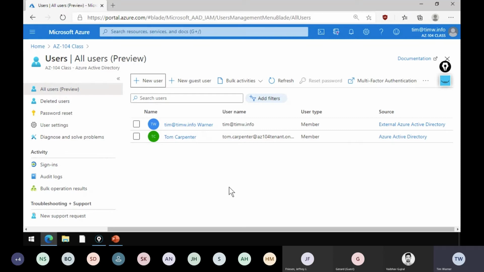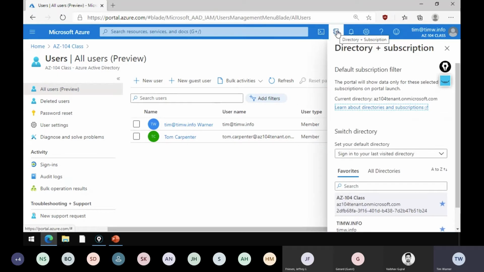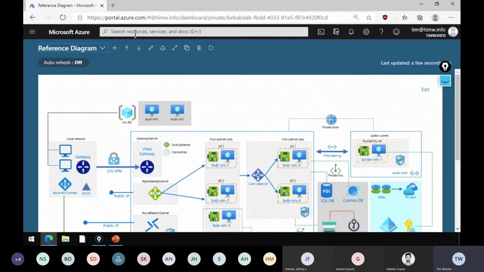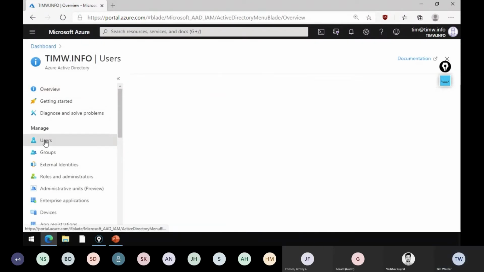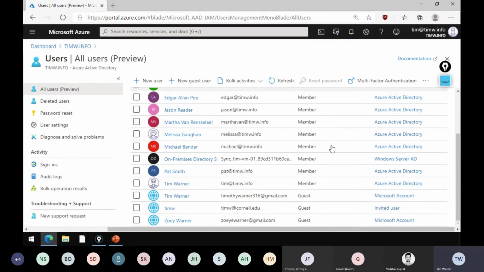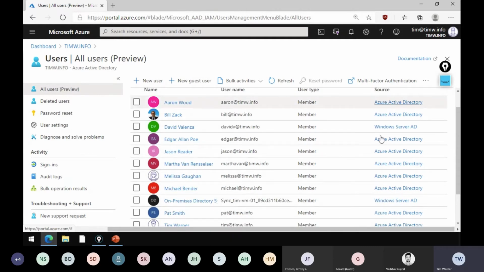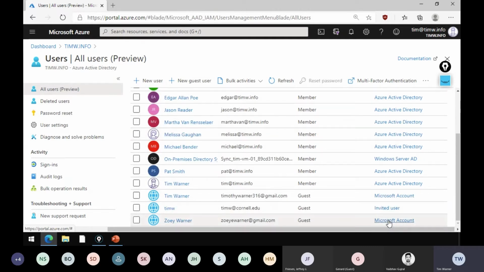But either way, at the end of the Azure AD B2B redemption process, the user comes in here with a source. In fact, we can switch back to the other directory. I've got lots of other examples on that. They'll come in as a Microsoft account as their source. Let's go back to Azure AD. Down here, this Gmail account right here, I'm coming in as a guest Microsoft account. I've also got one here that's guest invited user to show the different options. So you've got Azure AD, you've got invited user, you've got Microsoft account.